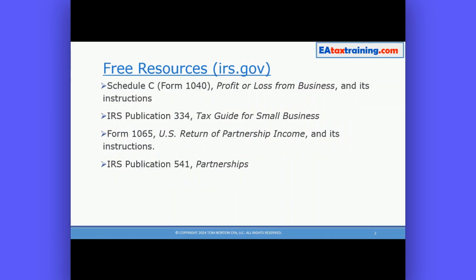Free resources here. We've got 2 for each of the types of entities. So for sole proprietorships, Schedule C for Form 1040, profit or loss from business, along with its instructions, in IRS Publication 334, Tax Guide for Small Business. We've recommended that one a couple of times already. And then for partnerships, Form 1065, which is the partnership tax return, along with its instructions, and Publication 541, which